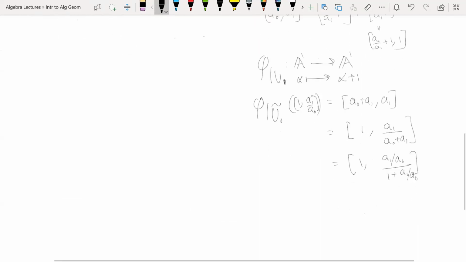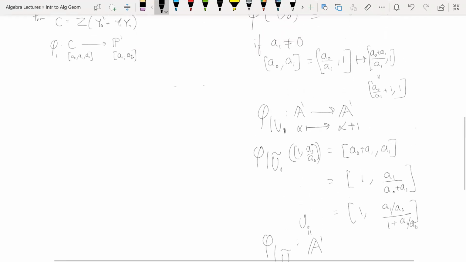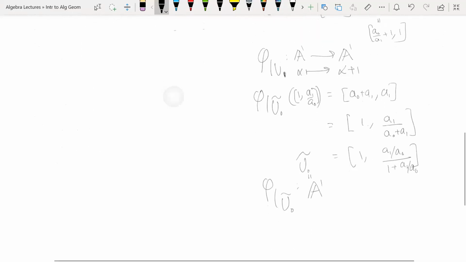So the map at this level, phi restricted to u naught tilde, sends the map from this A1, as we think of u naught tilde, we are removing one point from P1, so it's still